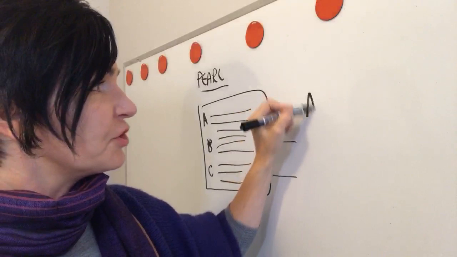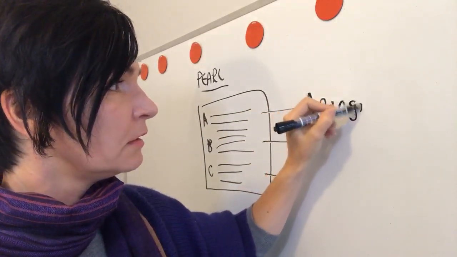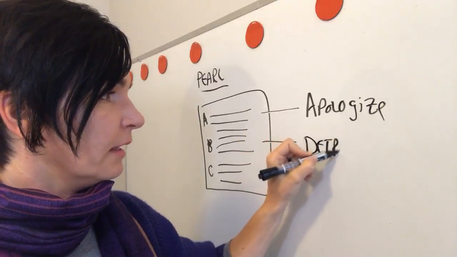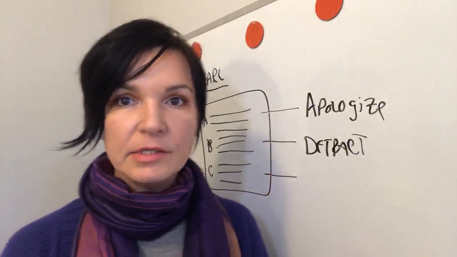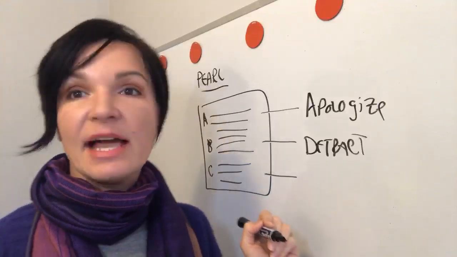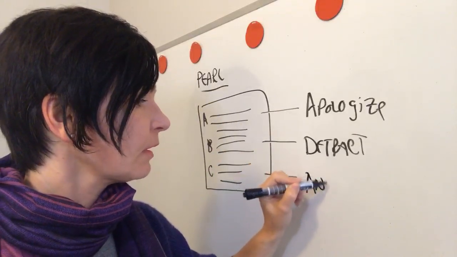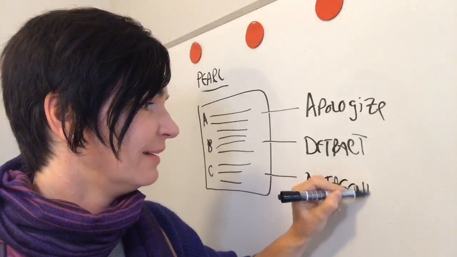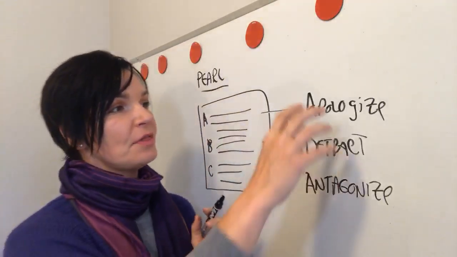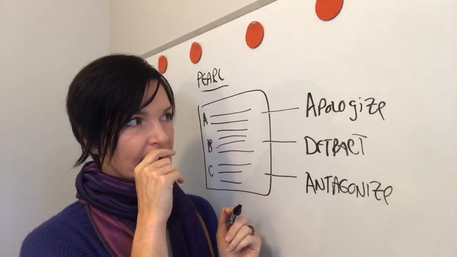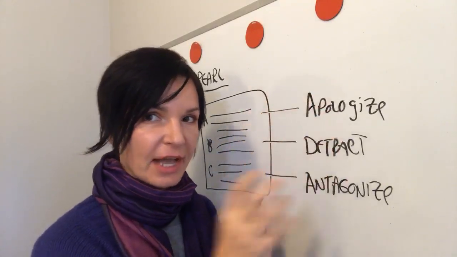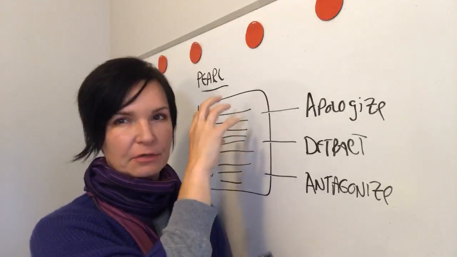And you could say, apologize. Maybe detract, like, focus on something else. Or you could say, let's say you could antagonize, right? Obviously, this is a made-up example. But one of the things you can do is very quickly put emphasis on the types of actions that are available that each one of these options kind of reinforces.